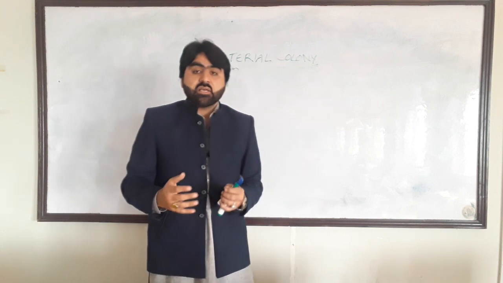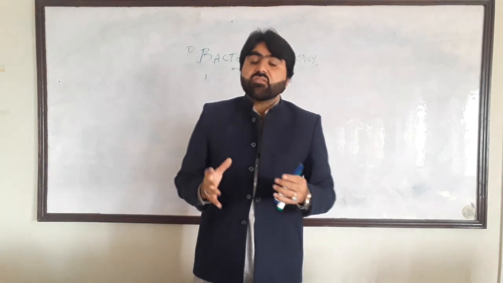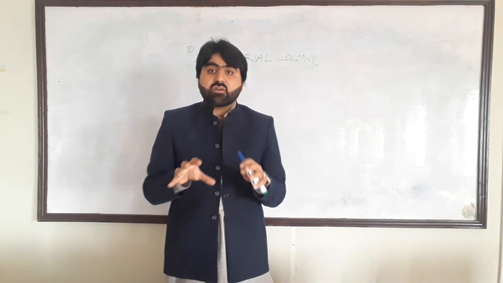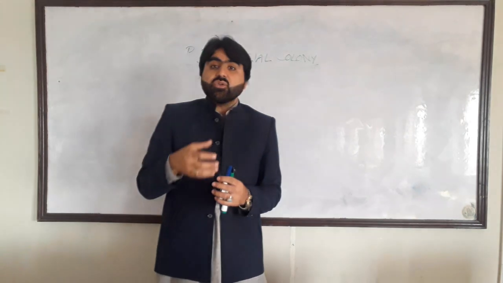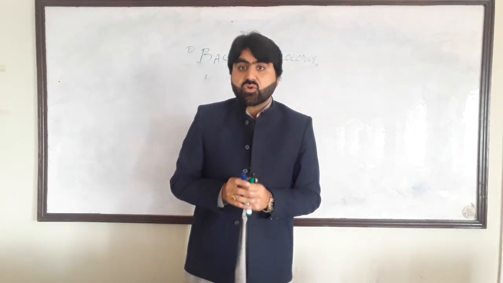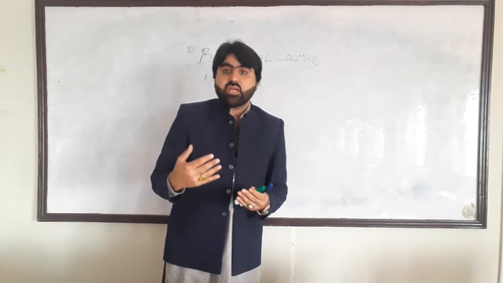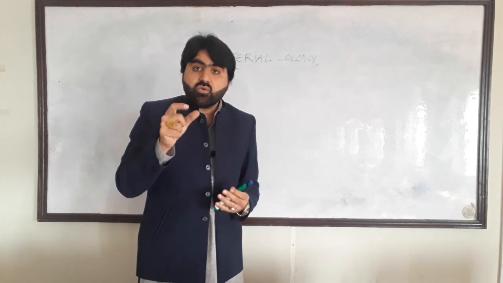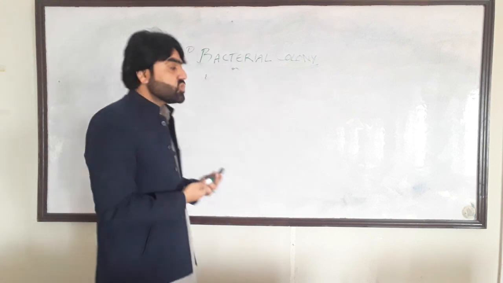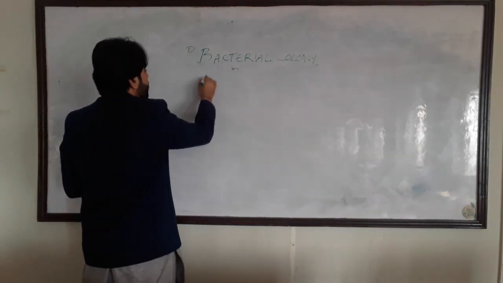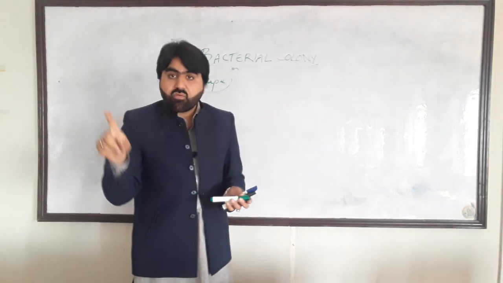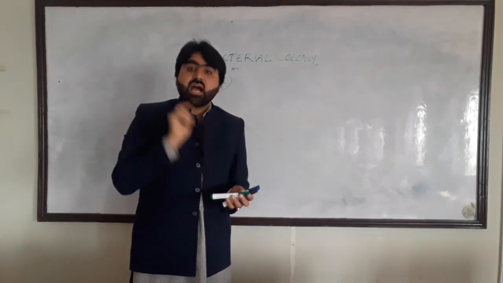Now, we know that different bacteria can produce different types of colony. This difference in the overall shape of colony can provide important clues in differentiating one bacterium from another. So now I would like to tell you how we can read the morphology of a colony on the surface of a plate, starting with the overall shape of the colony. First of all, you need to consider the overall shape of the colony on the surface of the agar plate.